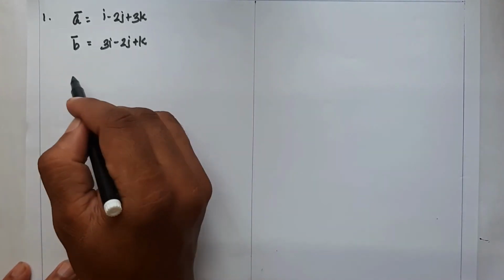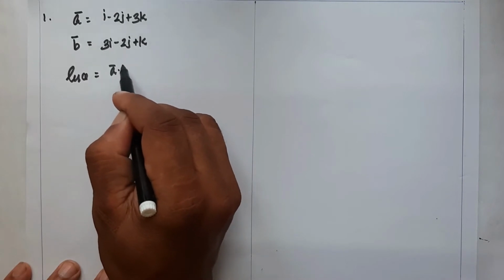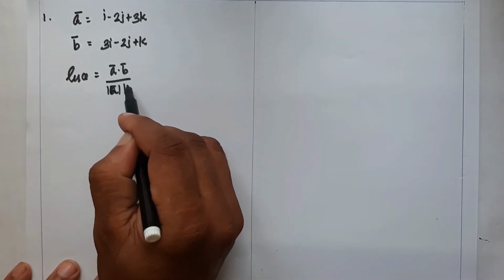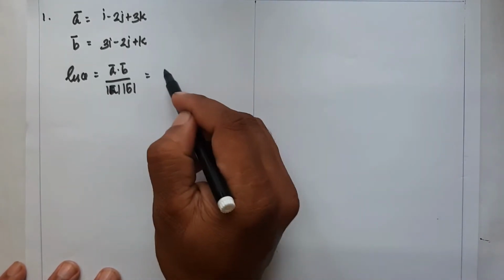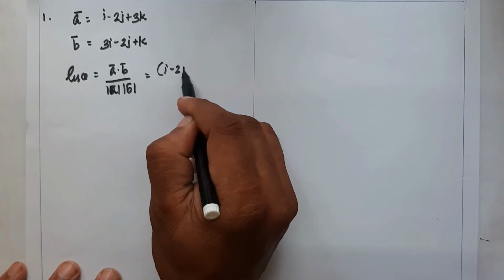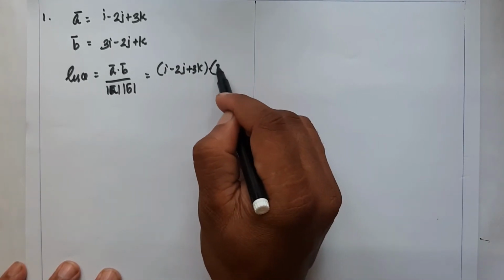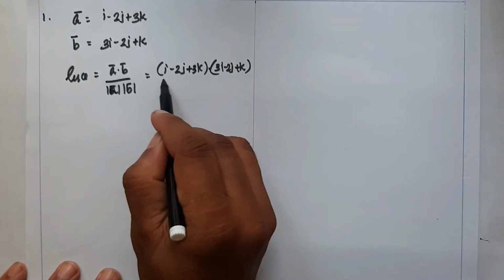You know the formula: cos theta is equal to vector A dot vector B divided by mod A into mod B, that is (i minus 2j plus 3k) dot (3i minus 2j plus k), the whole